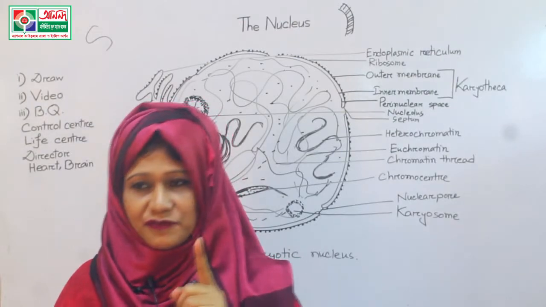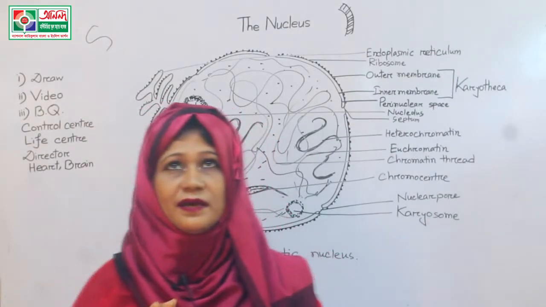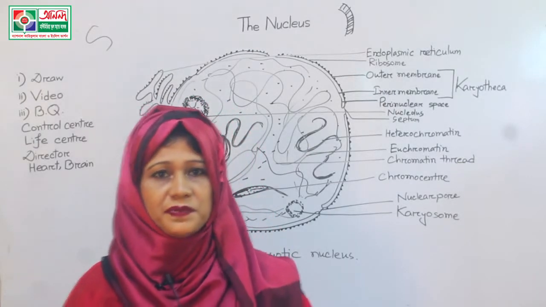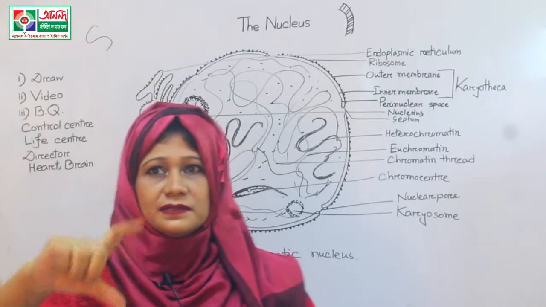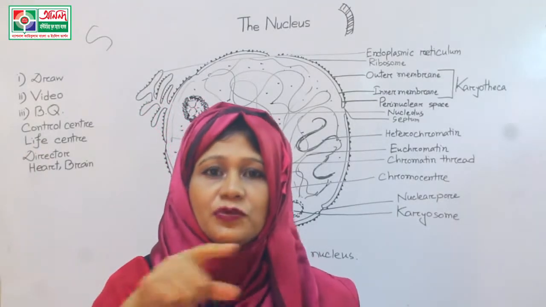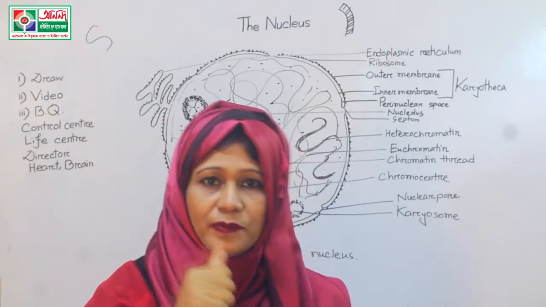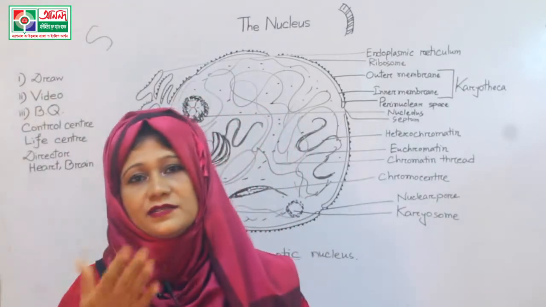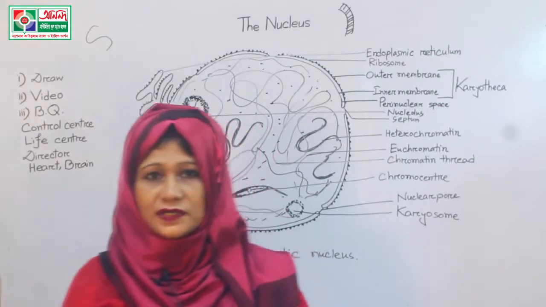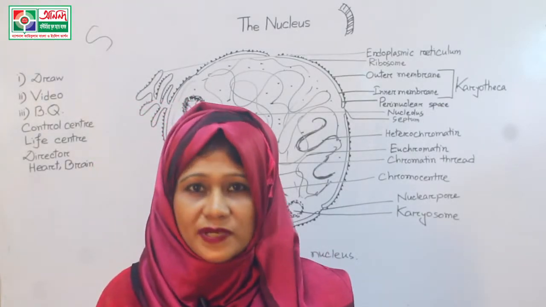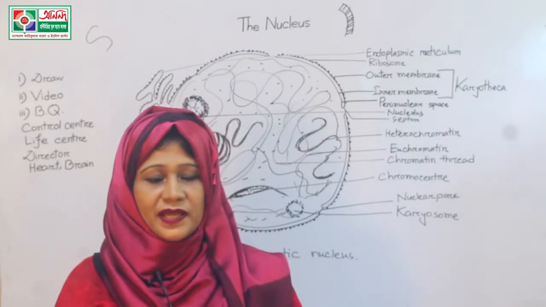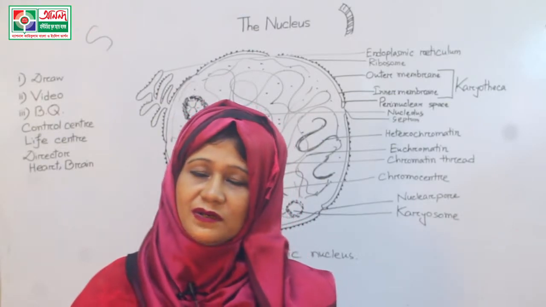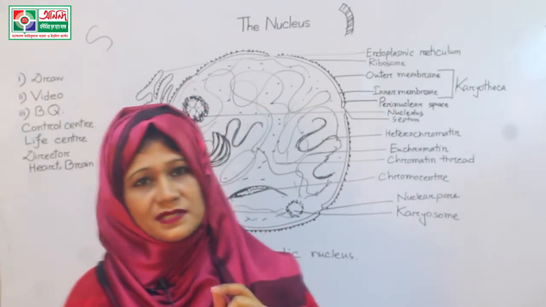Number one, in the first part you just write about the overall function of the nucleus. In the second part you should write about the nuclear membrane. After that, about the nucleoplasm, the function of the nucleoplasm, and after that the function of the nucleolus, and last of all you write the function of the chromatin fiber, right? In the previous class I discussed the functions of these 4, but also in today's class I will discuss this.